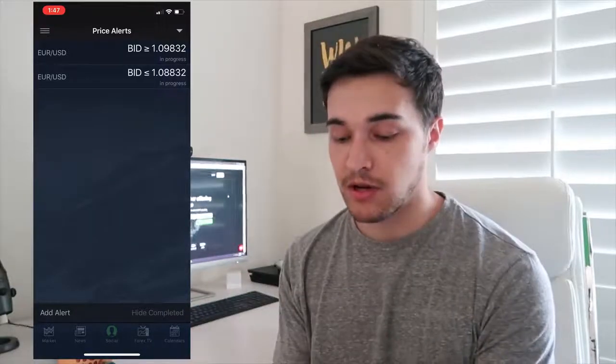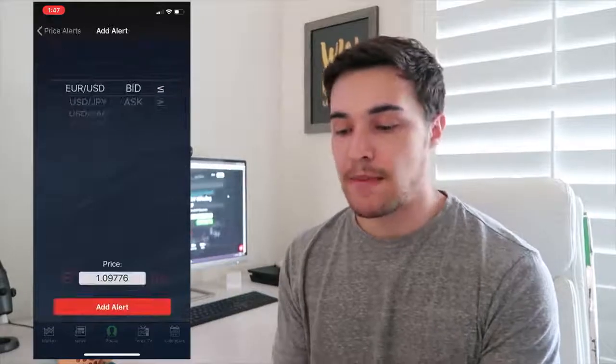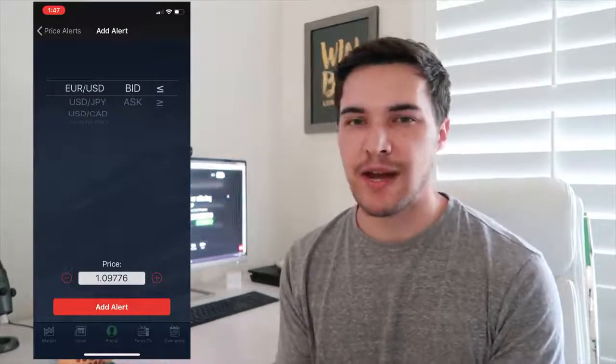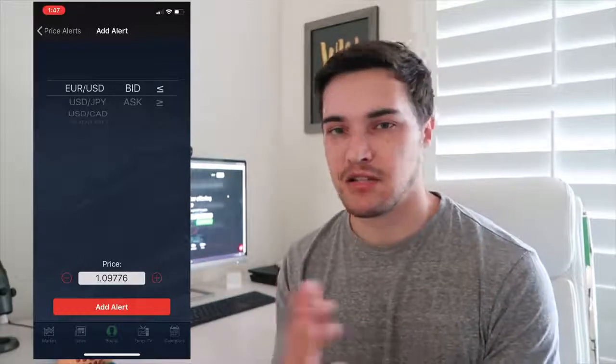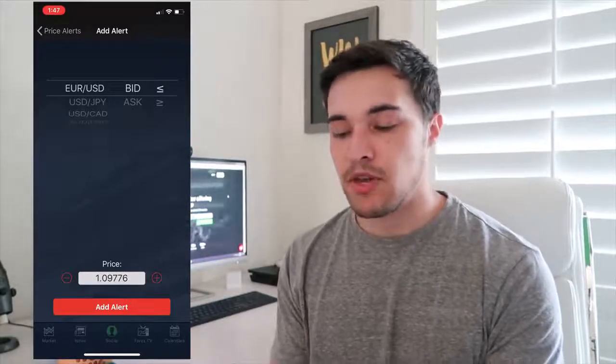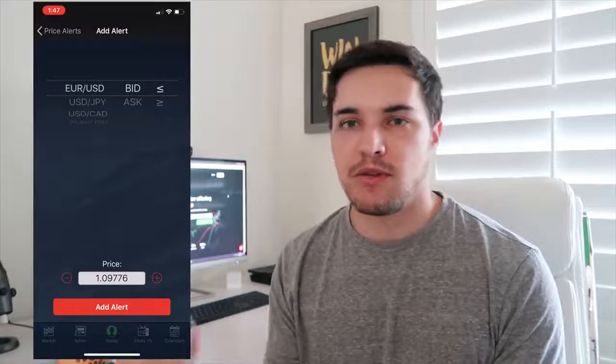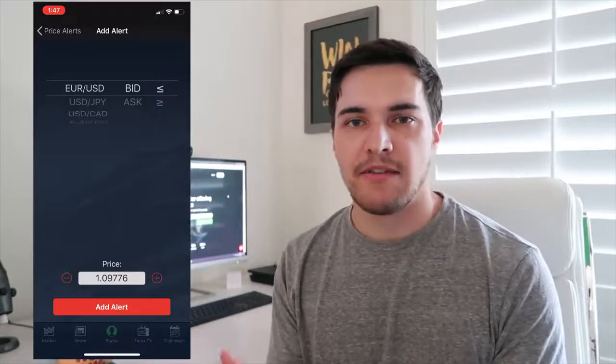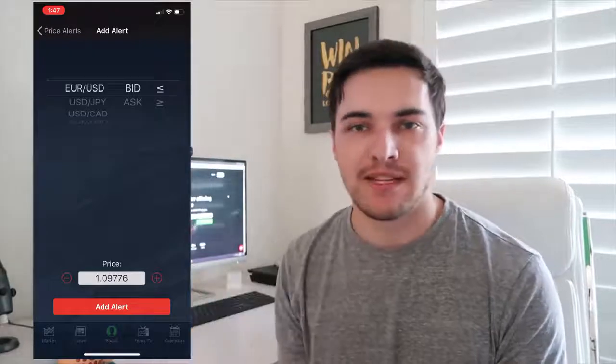What you're going to do is click on add alert at the bottom left. Make sure you're on Euro USD and make sure you leave it on bid. You can do ask if you want, but I recommend bid. It's just a lot easier. And what you want to do, if you place the buy on Euro USD with your broker, whatever brokerage you use, and your take profit is at 1.10,